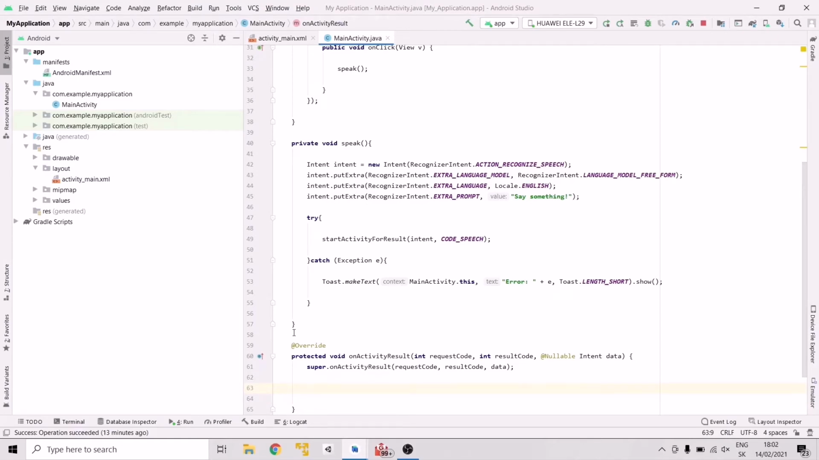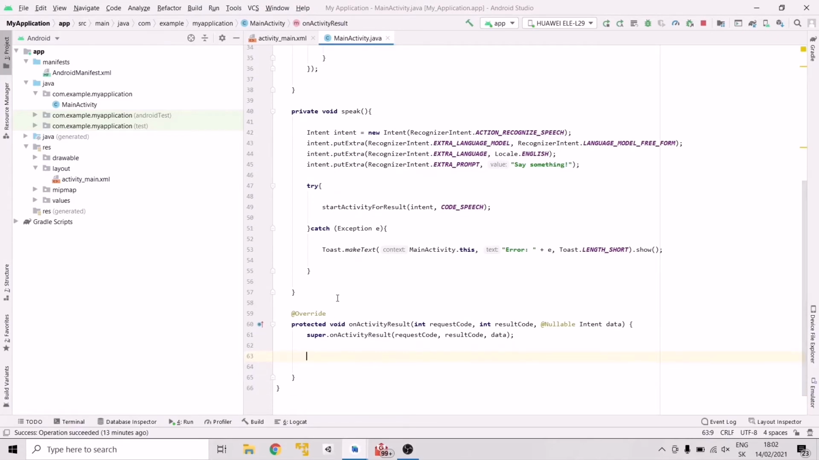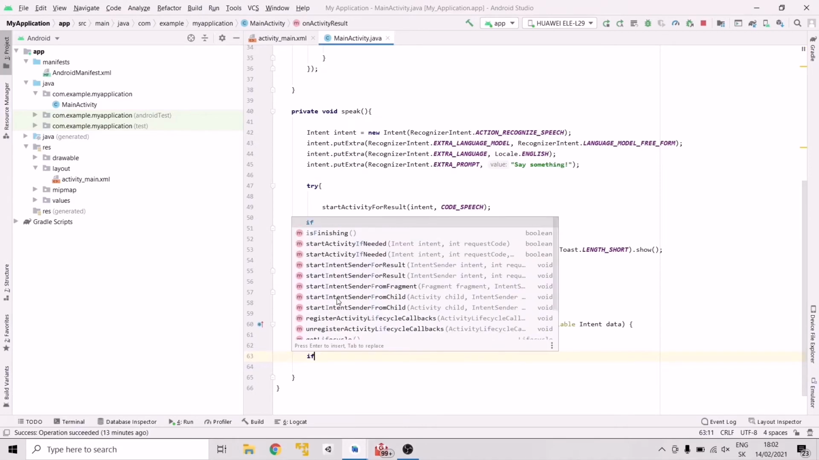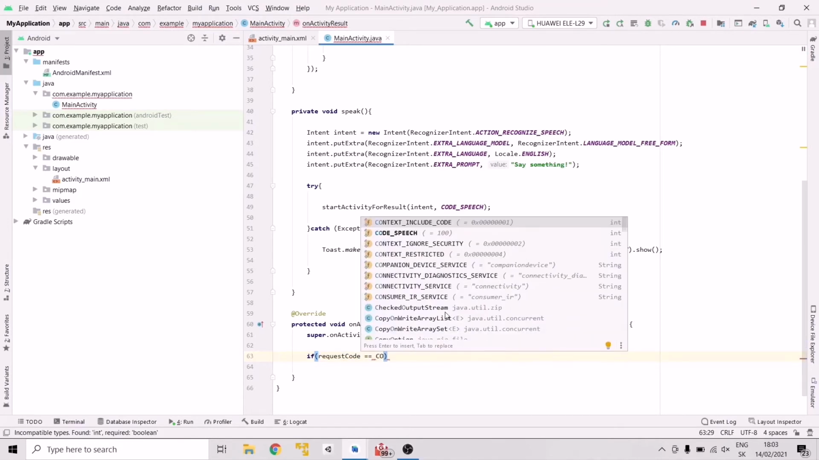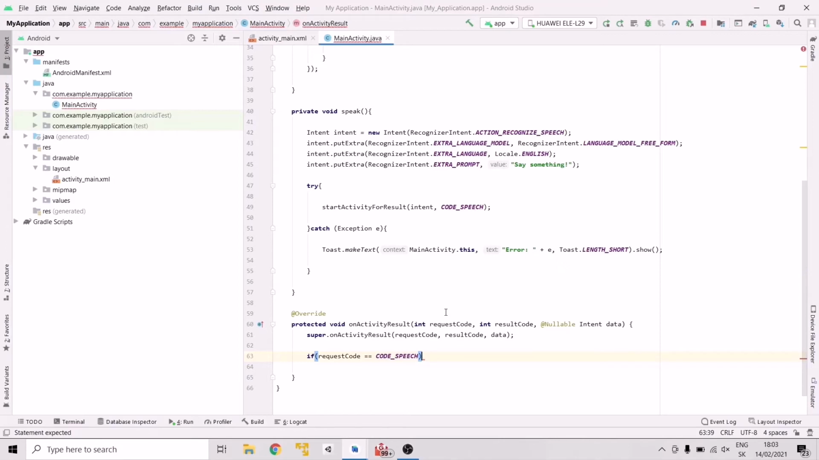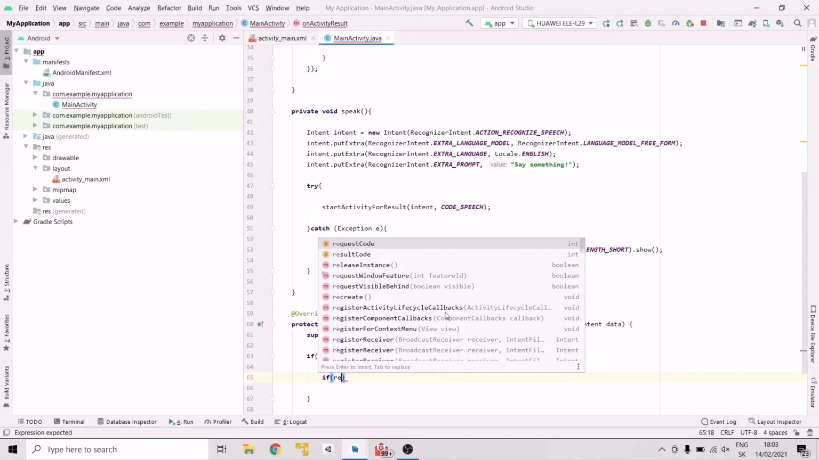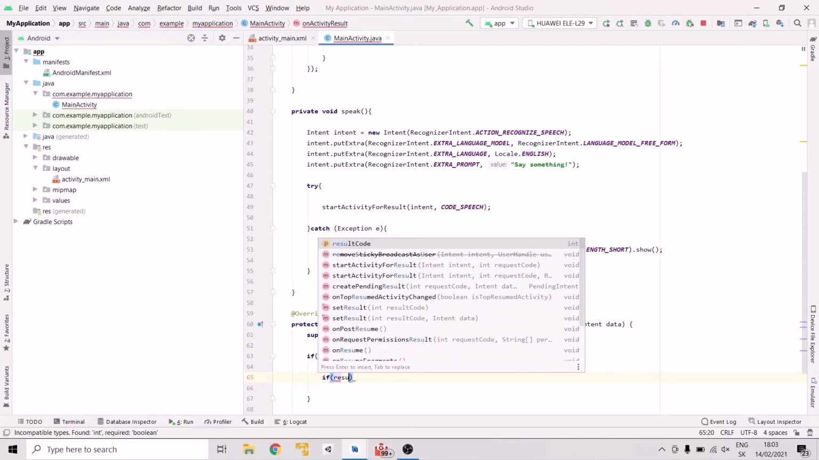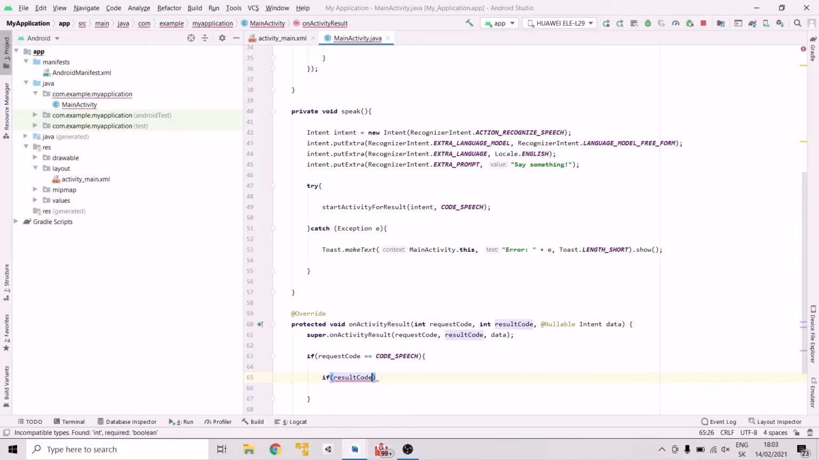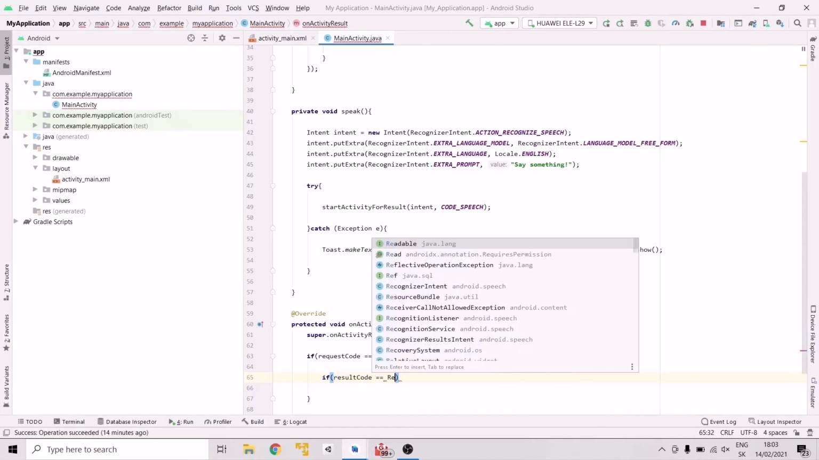On activity result, and in here I want to make an if statement. So if request code is equals to our code speech, so our code for a speech recognizer, and it's not error here. So if result code, I said the result code, not request, so result code is equals to result